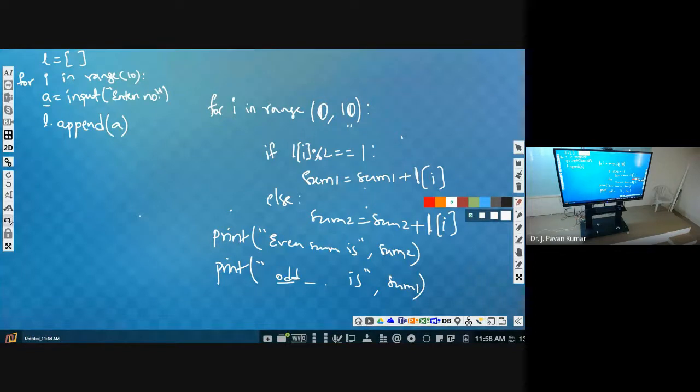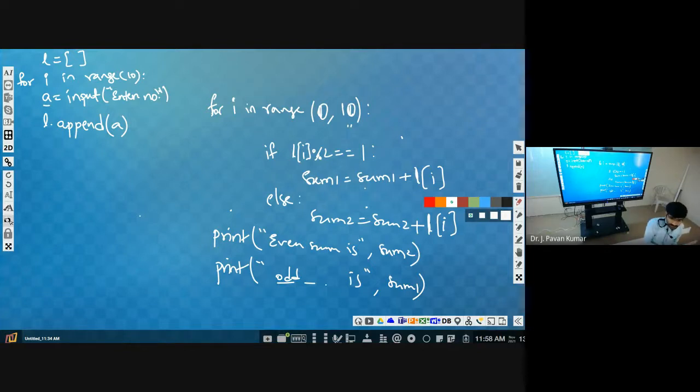List again. So again you use the same thing. L initialized with empty, then I in range of 5. Then A is equal to enter number, enter first number, like that. You try to get this kind of thing. Enter first number, enter second number, like that, or enter number 1, enter number 2, enter number 3, like that you should get. While asking input, you should know which number you are entering. Okay, like that you have to display.